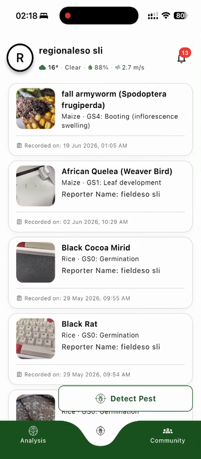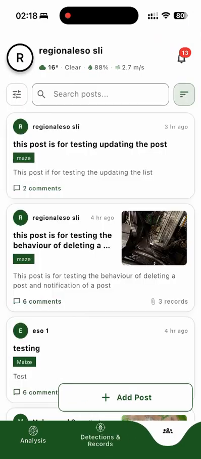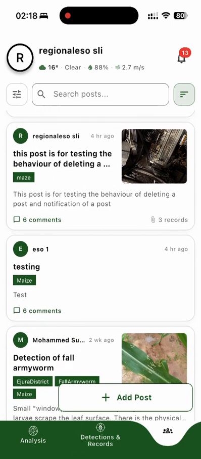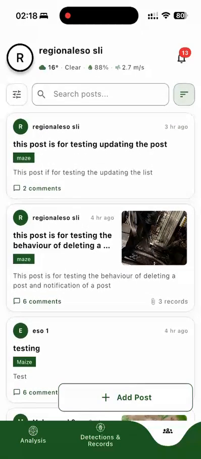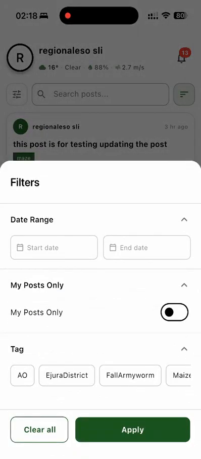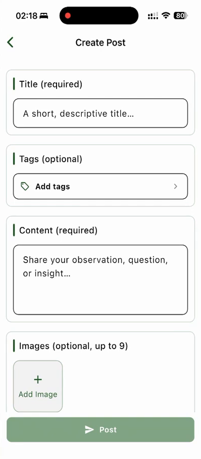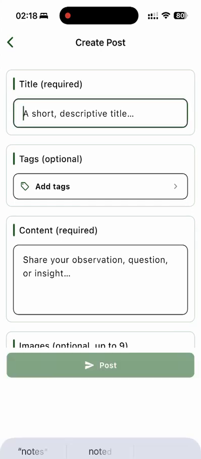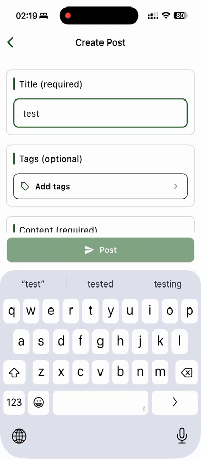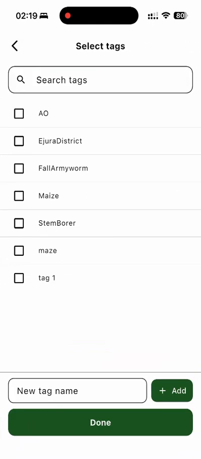Pezego also introduces the Community tab, a role-protected, ESO-only forum designed for professional knowledge sharing. In the newest first feed, officers can browse discussions, filter posts by tags, or tap the floating button to open the composer. Here, they can write detailed posts, select relevant tags,